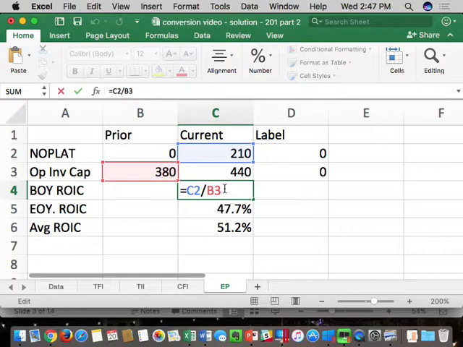So I want to look at the ROIC on the plant that's actually built, because that's how much they'll make running their business. BOY ROIC. I'm looking at a service business which invests capital expenditures, but it doesn't take long for it to go online. So it's going to go online pretty quickly. So I'll use end of year ROIC, because EOY is more representative of what that business's ROIC would look like